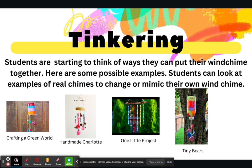Students can look at examples of real chimes as well to change or mimic their own wind chime. So one example that I saw was using the canned food, and they hung with strings, and I think those are bells. Then here, I think it's still aluminum can, but they cut it. They only use the top to help, and this one has spoons. This one they used a stick and just wrap the beads around it, and this one is actually made from a water bottle, and it has the tops of some bottles, those little metal bottles,